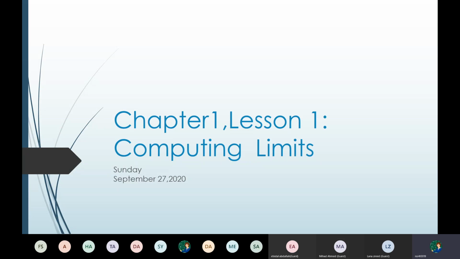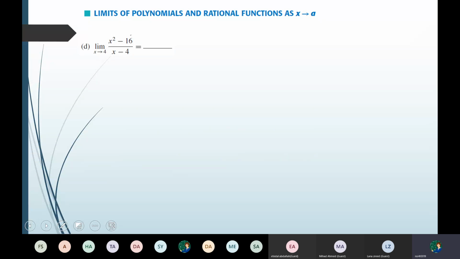Okay, today we will continue our computing lessons. We will talk about how we can find the limits of a radical and how we can find limits in a piecewise function. Now, in the previous periods we talked about how to find the limits of polynomials and rational functions